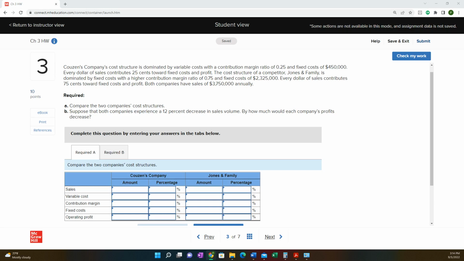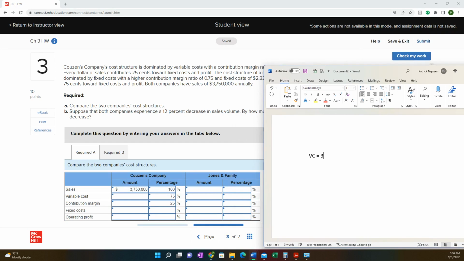We'll do Cousins Company. The sales for Cousins Company is $3,750,000, which is the amount given to us in the fact pattern. This is 100% of their sales. Their variable cost is 75% of sales, and their contribution margin is 25% of their sales. So the math is $3,750,000 of sales times 75%. That equals